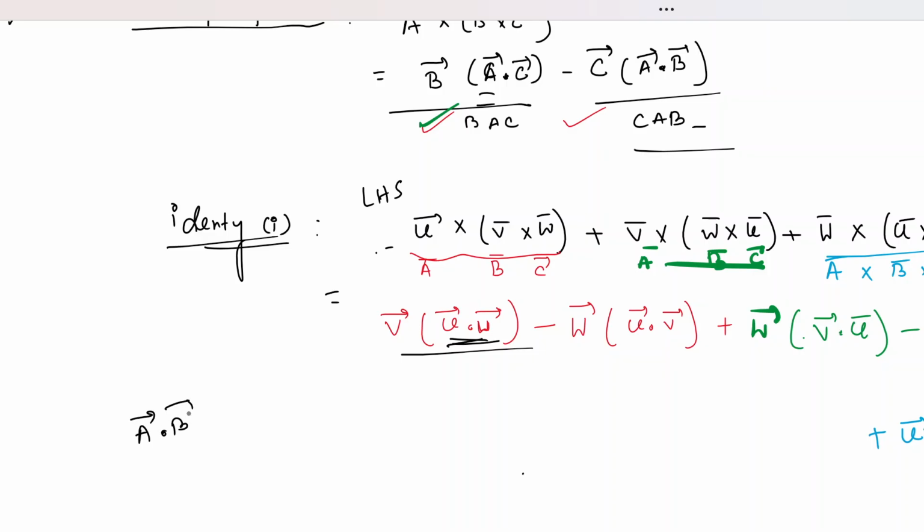These are all called vector identities because these are absolutely true things for vectors that are always followed. So this is a vector identity, that A dot B is equal to B dot A. So dot products are commutative. By following this rule, U dot W will be W dot U. So you see that those two terms are equal and they have opposite signs, so they will cancel out with each other.